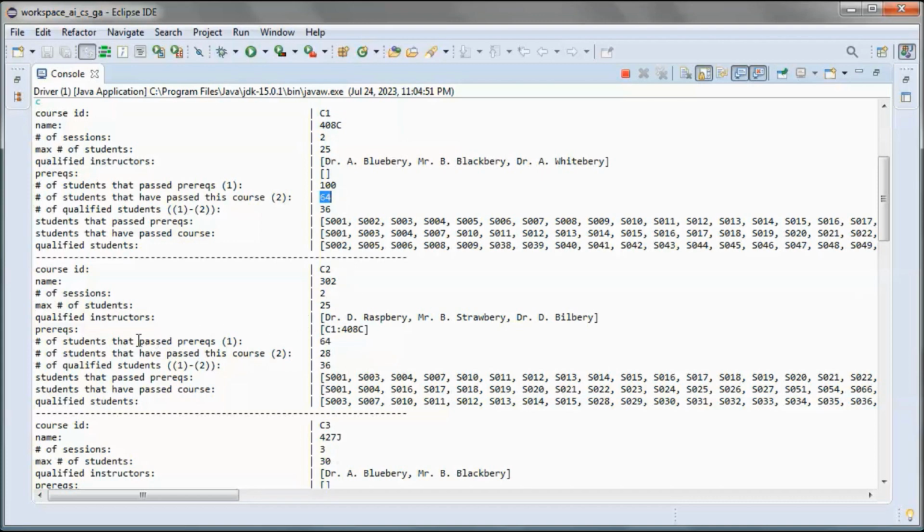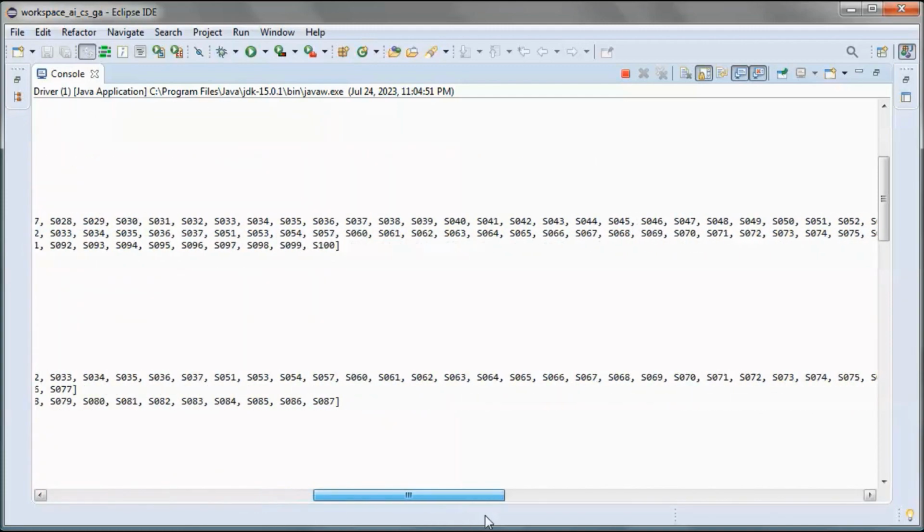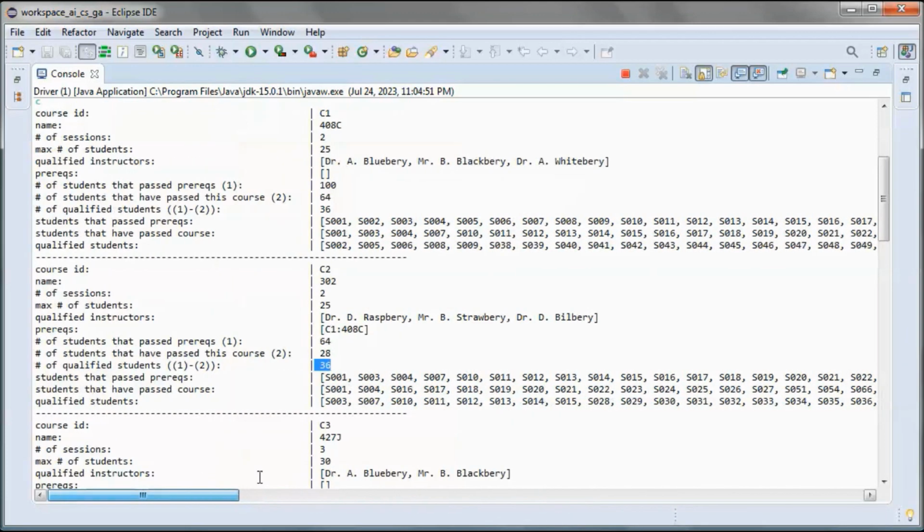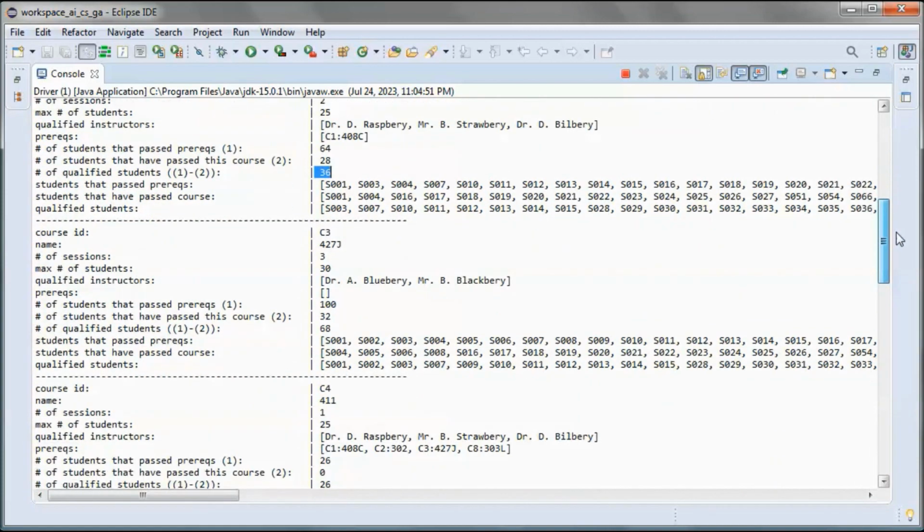So the number of students that have passed the prerequisite is this number, and the number of students that have passed this course is this number. So the qualified students ends up being this number, and those are the 3 categories of students. And same for the rest of the courses.